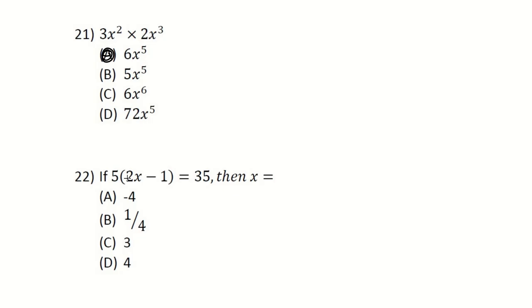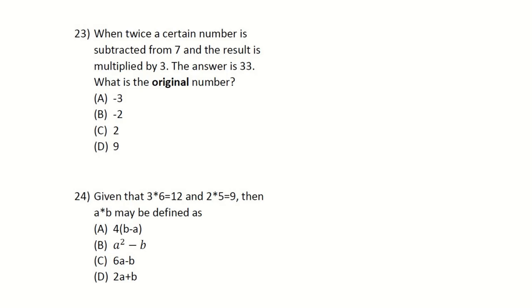Then this was a repeated question, I believe, but let's just do it. That's 10x minus 5. So the answer was 4, I believe. So it would have been 10x minus 5 is equals to 35. So 10x would be 35 plus 5. So 10x is equals to 40. So x would be 40 divided by 10, which is 4. Right, number 23,